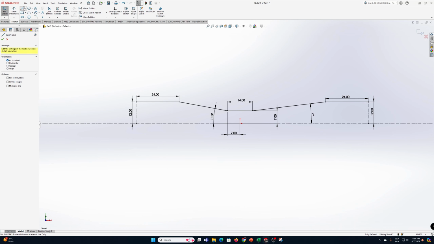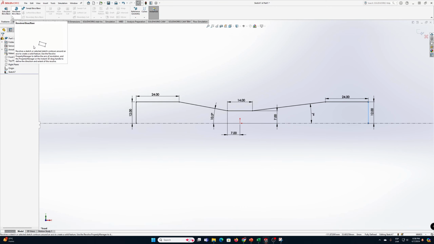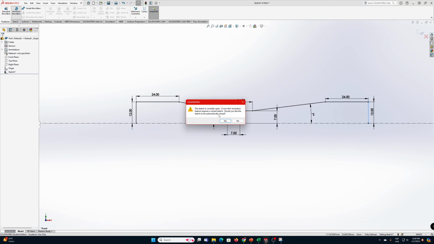So to do that, we have to use here the line, select, click here and here, and here and here. You need to do that because the software will say that the sketch is open, so I will need to remind that. After we have these options, now we have to go here to features, select the option that is a revolve boss base. For example, the software already says the sketch is currently open. You want the sketch to be automatically closed? You have to say yes,